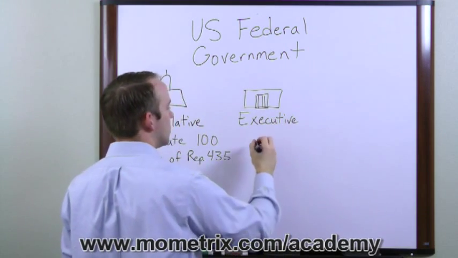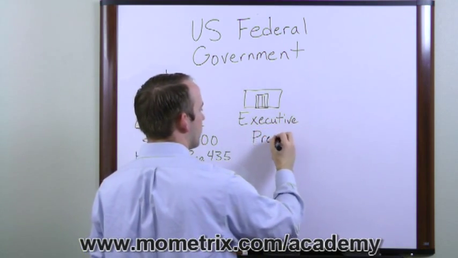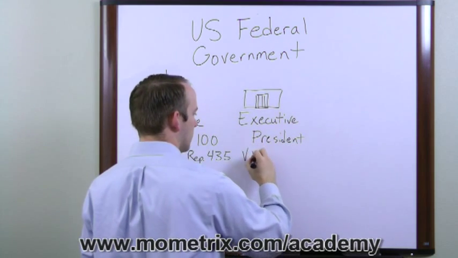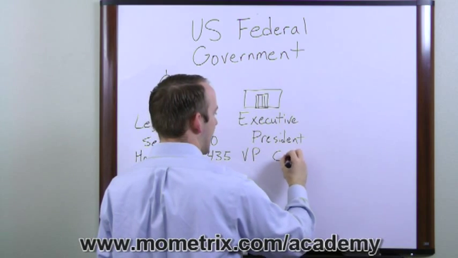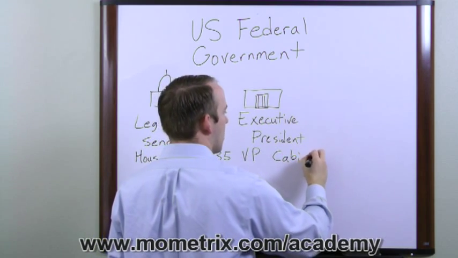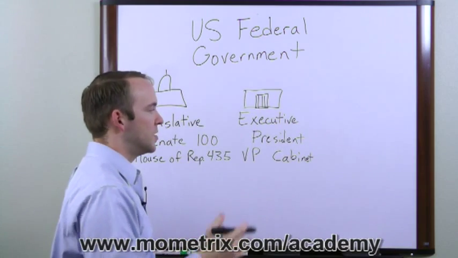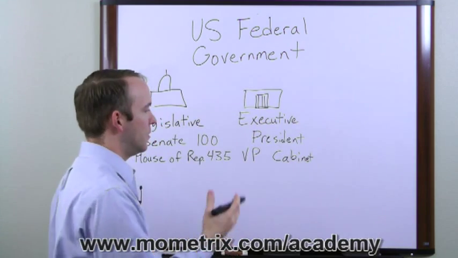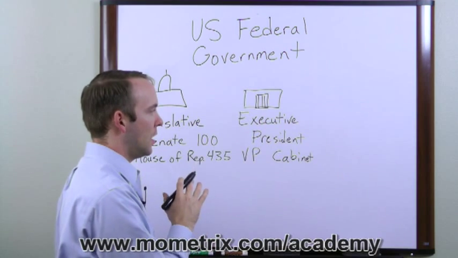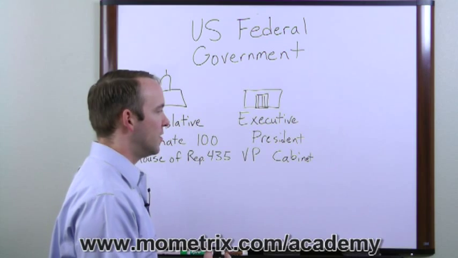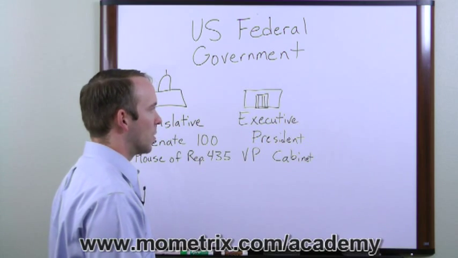The executive branch includes the president, and you have the vice president, and the cabinet. There are 15 different cabinet positions ranging from the Secretary of State, which is the oldest, most prestigious of the cabinet offices, and all the way to the Department of Homeland Security, which is a more recent